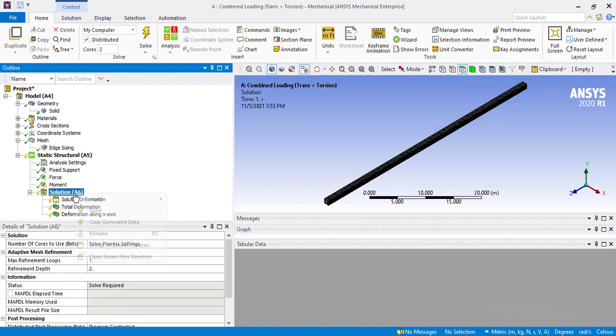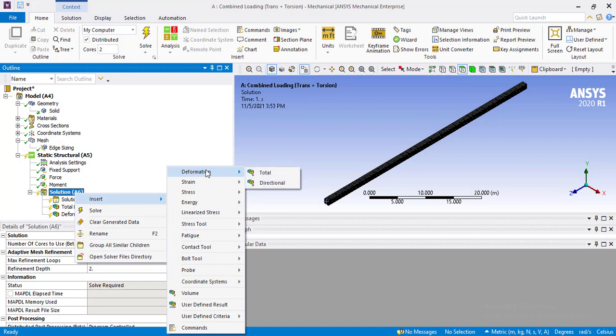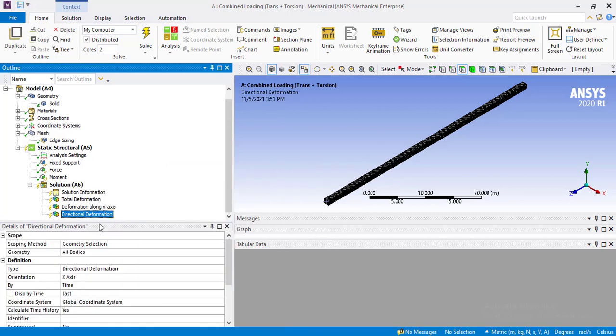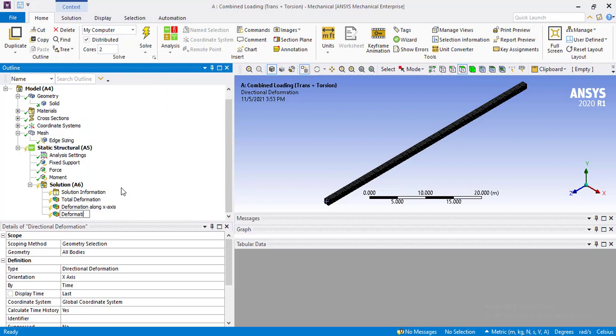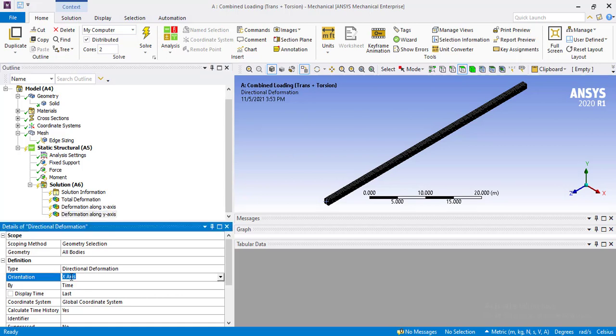Similarly, right click on the solution again, go to insert, deformation, directional, and rename it to deformation along y axis, and change the orientation from here, from x-axis to y-axis.